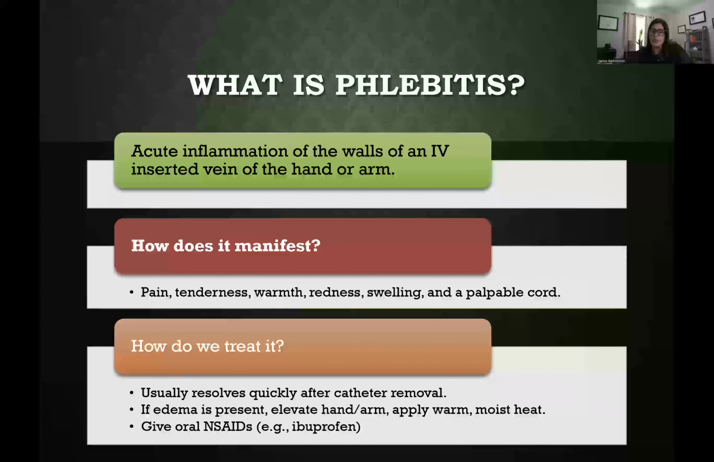We treat it usually by just removing the catheter as fast as we can. If it's swollen, let's go ahead and elevate the extremity, the hand or arm, and then apply warmth, like moist heat, and then give something for pain, such as an anti-inflammatory, something easy like ibuprofen. The risk factors to develop phlebitis are anybody that has irritation to the catheter or has a catheter,